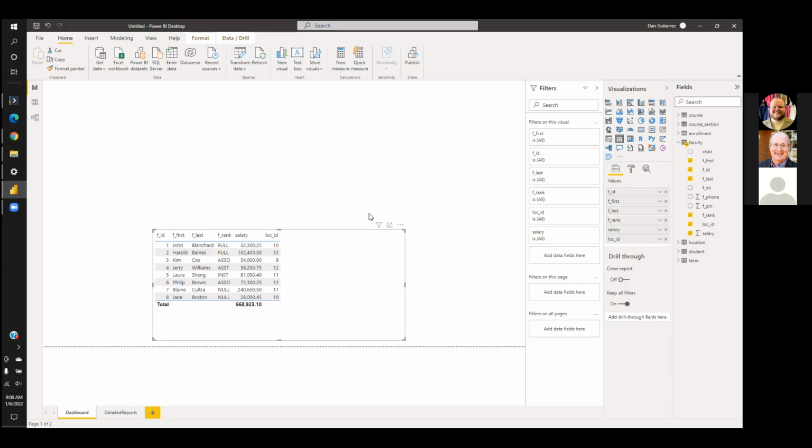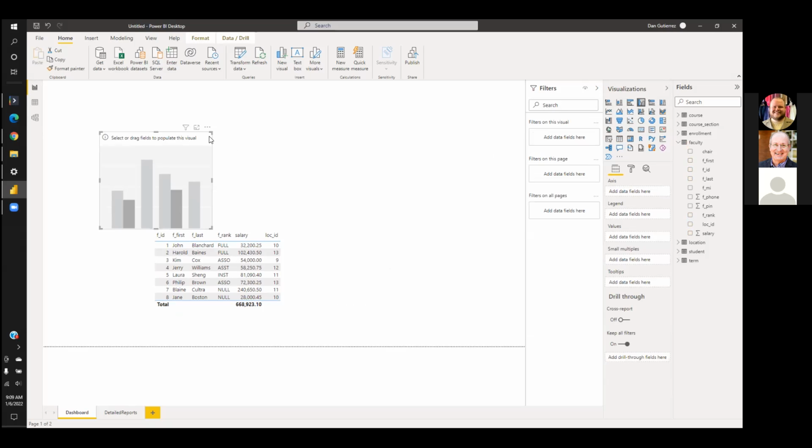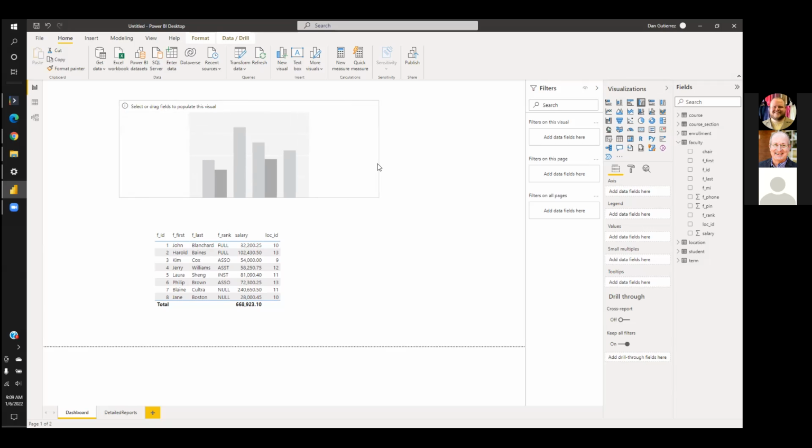So this is selected. If I want to add another visualization, I'll click anywhere in the white space here. And I'm going to select the simple clustered column chart. It's going to give me an empty template to work off of. As you can see, all of this is empty or unselected, and then this is empty. So I'm going to start with the